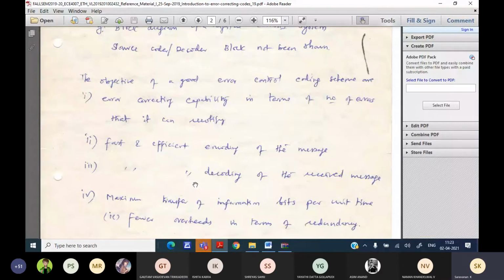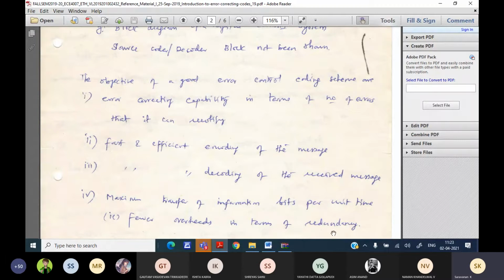Similarly for decoding at the receiver side, when we receive the message, within a fraction of a second we have to decode the original message, even if it is corrupted by noise. The maximum transfer of information bits per unit time is also one of the objectives of a good error control code.